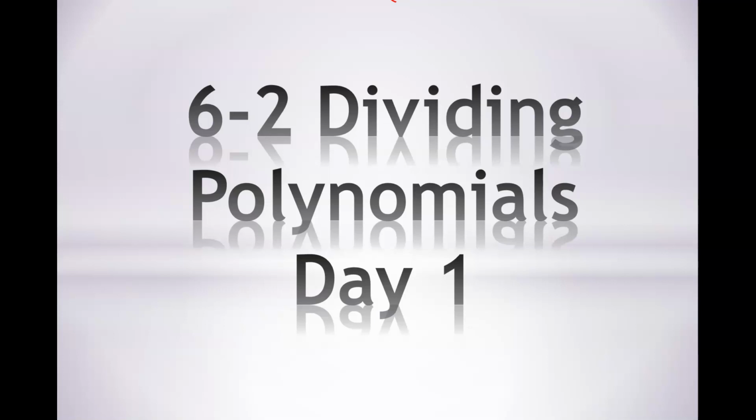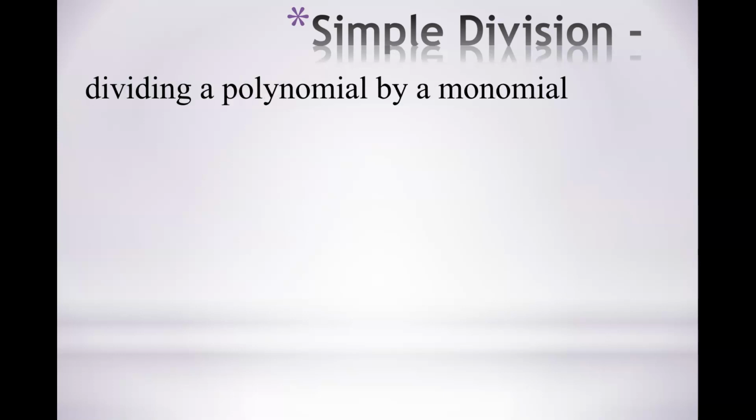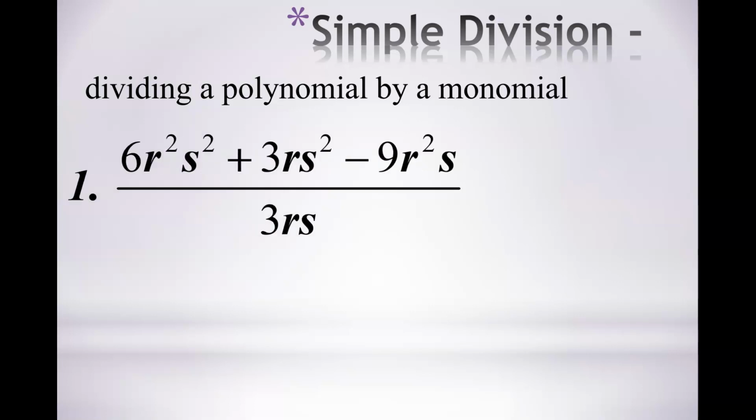All right, today we are looking at dividing polynomials, and today we're going to start just really easy. We are going to look at dividing polynomials by monomials. So this is what we call simple division. It's simply dividing a polynomial by a monomial. So what that means is that the top term is going to have many, where the bottom term only has